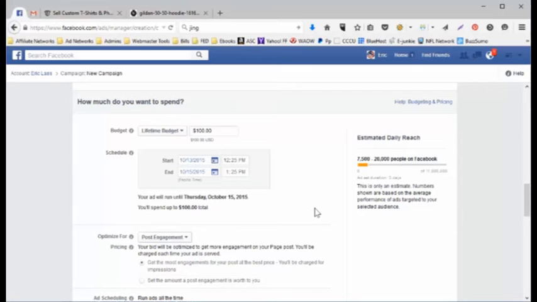So you're going to spend about $20 to $30 just to see if the shirt will sell. Once you hit that $25 mark, you go into Teespring or T-Chip, whichever one you're using, and look and say, okay, if the shirt sold 2 or 3 or more shirts with a $20 to $30 budget, then